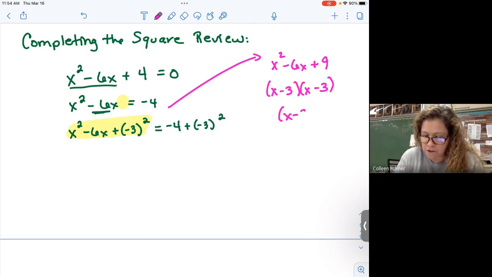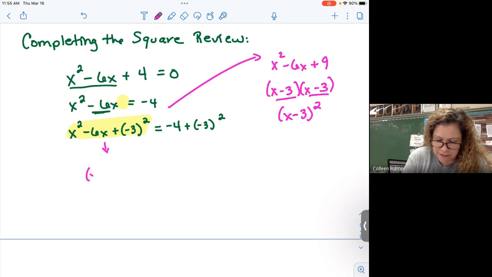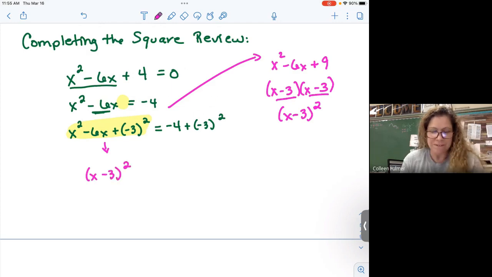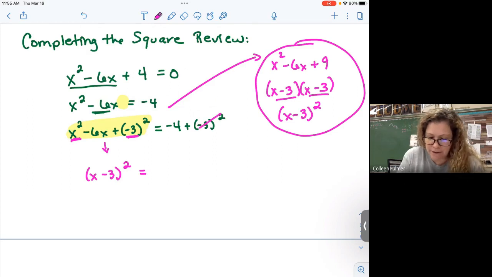So this thing factors into a perfect square, right? This is called a perfect square trinomial because it factors into two identical factors. So I can rewrite this left side as x minus 3 squared. Now I don't have to do all of this stuff because all I have to do is notice a pattern. You know, math's all about patterns, right? The x comes from the x squared, and the negative 3 comes from whatever half of b was. So if this was x squared plus 8x plus 4 squared, it would factor into x plus 4 quantity squared. Okay, and then on the right-hand side, negative 4 plus 9